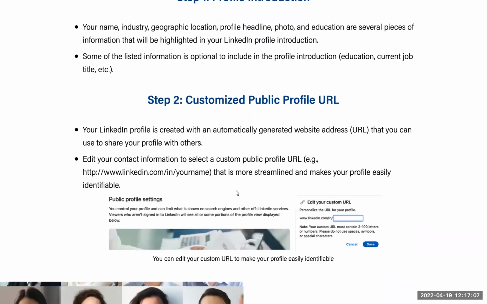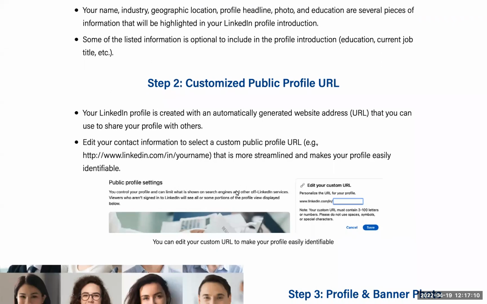I mentioned earlier that the customized public profile URL is a great way to build consistency or uniformity across how your name appears when you are including that link in any component to your personal brand. Employers and more sophisticated applicant tracking systems have made it, in some instances, a part of an application where you can optionally include a web URL to your LinkedIn profile. Having a combination of your first and last name, or maybe the handle of the email that you're using most frequently, or your professional email account, would be a good URL